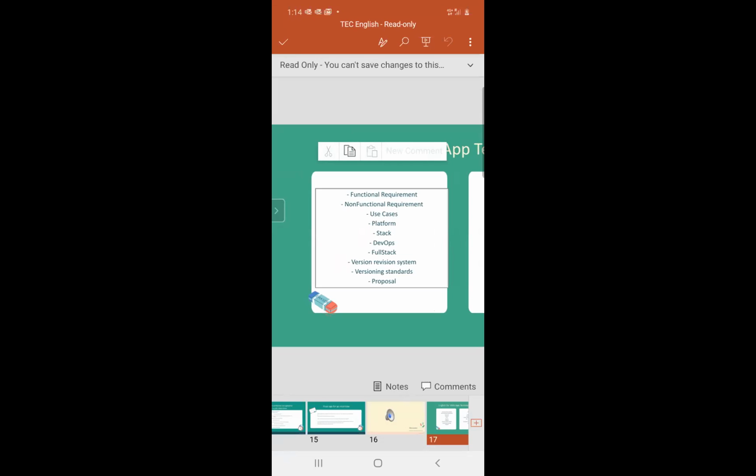A data storage place, or a data structure to store data. Or a programming stack, which means that someone asks you what's your stack. So what's your stack? It means what are the languages that you know that you can use. So you say okay, my stack is Angular JS, MongoDB, Node.js, Express for example, or React JS, or Odoo, or just Odoo as the only stack. Okay, that's why the word full stack came later.